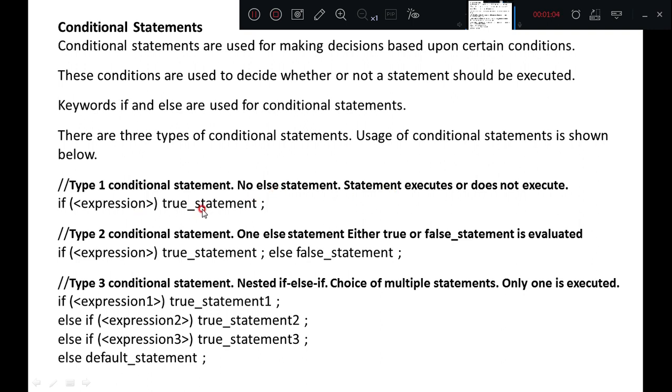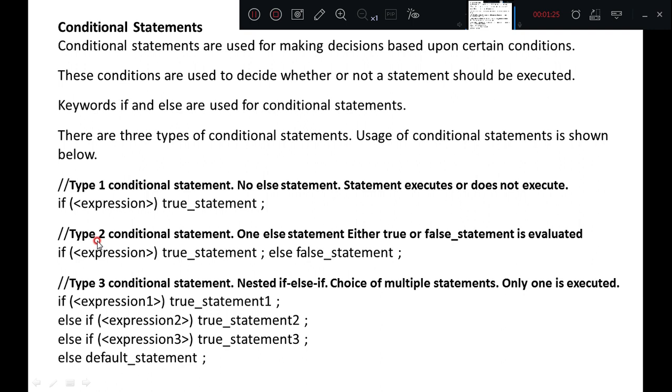If the condition is false, the true statement is not evaluated within the if block. If only one statement needs to be written, there is no need to write begin and end. If you are writing more than one statement inside the if block, then we have to use begin and end properly.